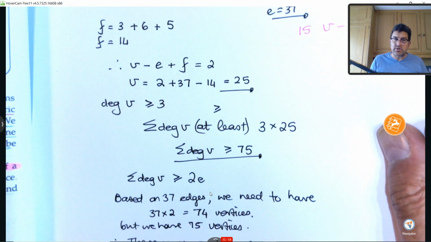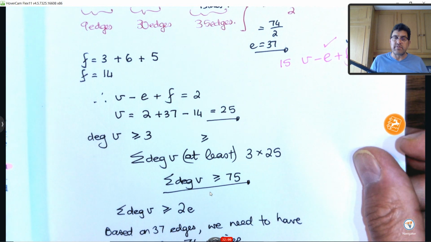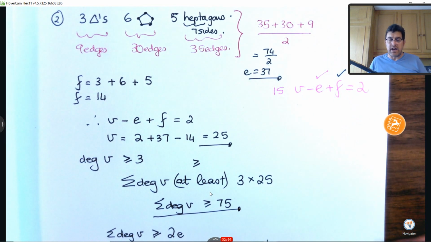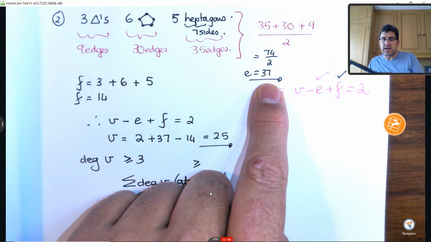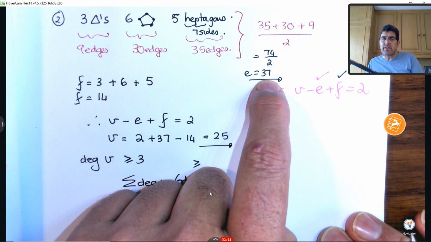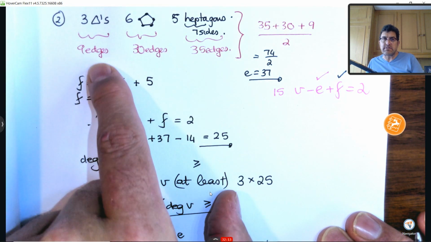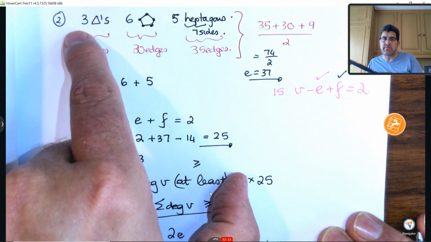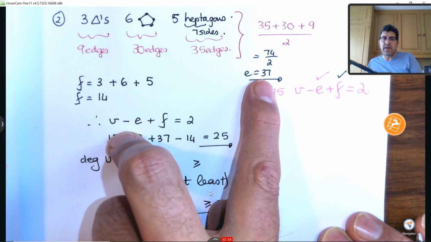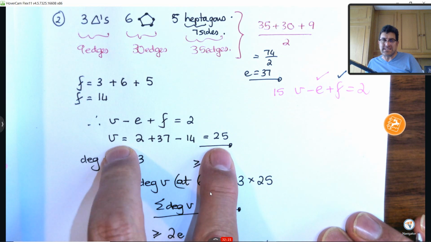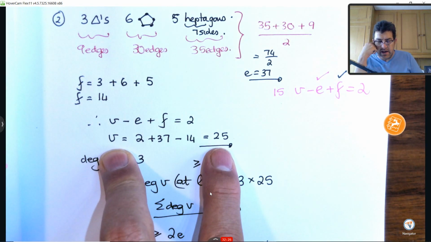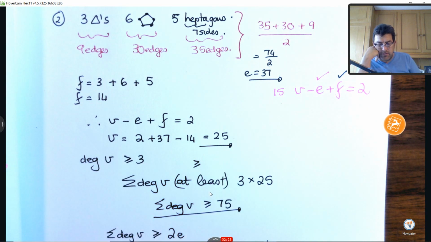Okay, let's quickly talk about the second proof again. It's quite important that you understand it. Okay, so we've counted our number of edges, came to an integer value, we could proceed. Okay, then we needed the number of faces. Now the number of faces are given by the sum of those things. That's all there is to it. Now we can find the number of vertices based on our information that we have. We found that the number of vertices